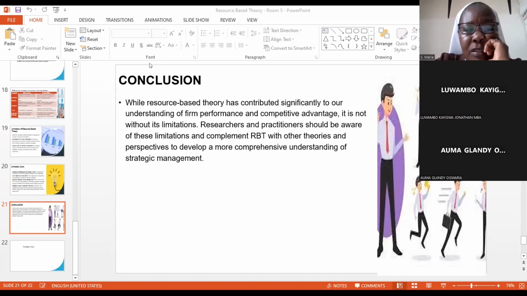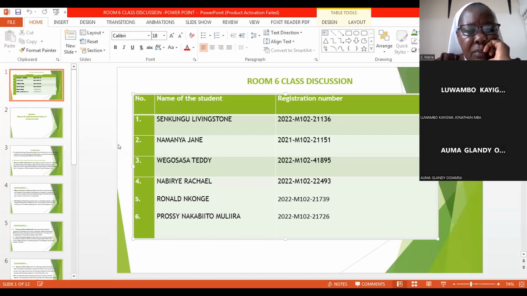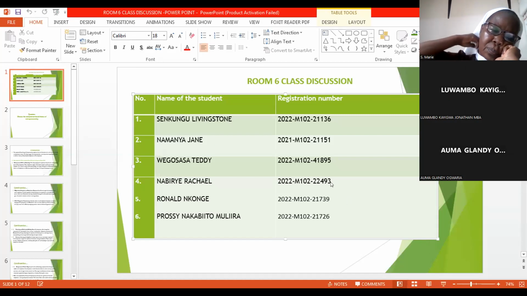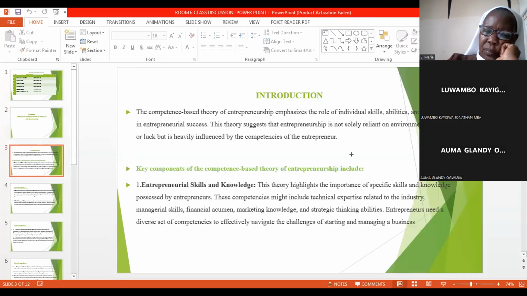What could be the issue? Go ahead, please. Resource-based theory talks majorly about an organization identifying its internal resources and making the best use of them to achieve its objective or to gain a competitive advantage. You may have a challenge with the cost of production and resources, where you have to get resources from outside and so on. But you find that in some organizations, there are resources which are internally available that can be used to